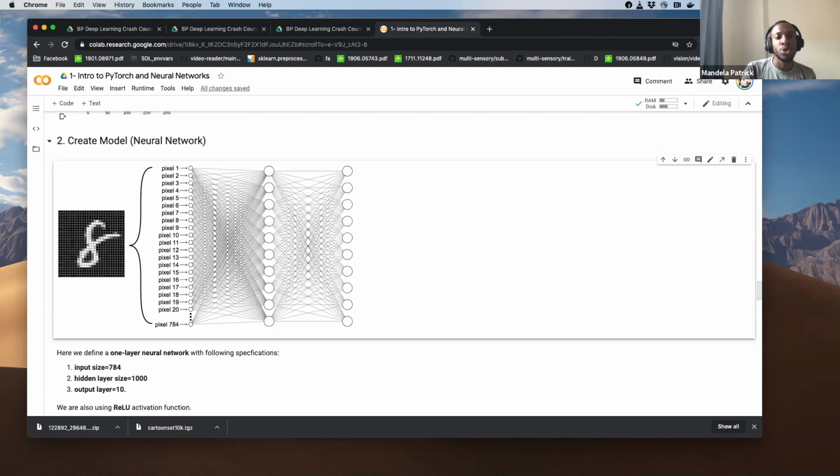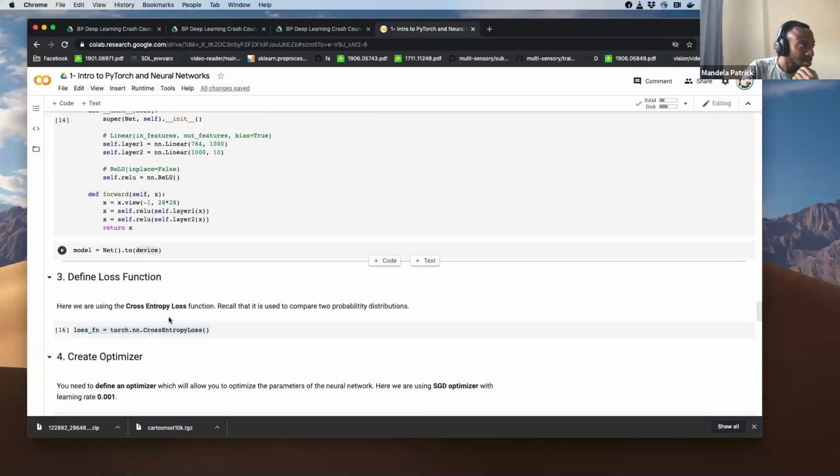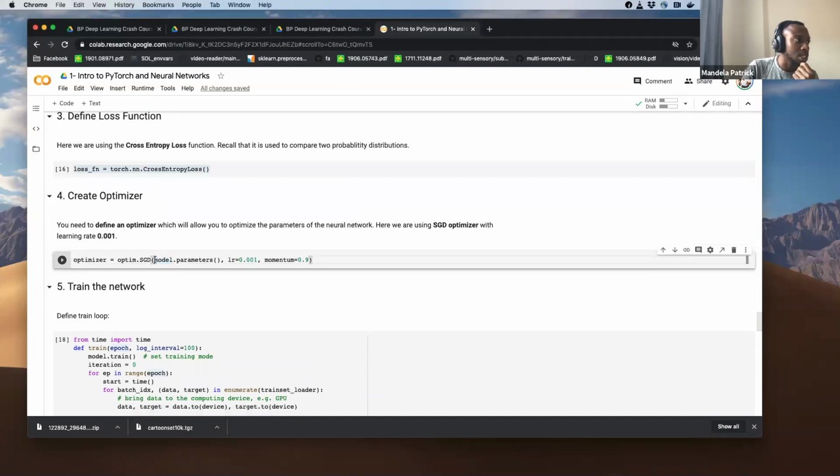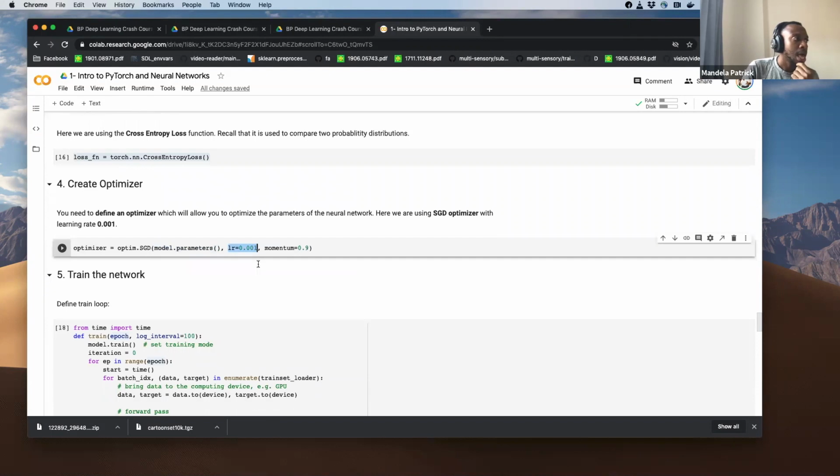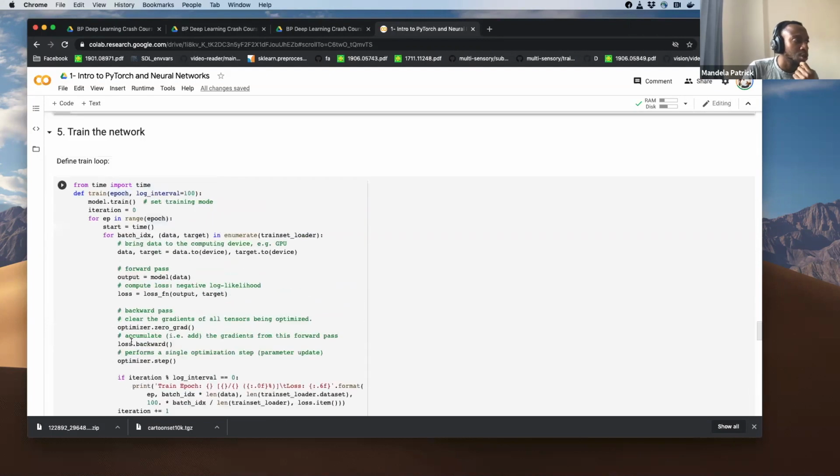So from Joel, is the optimizer controlling back propagation or the loss function? So the optimizer controls the back propagation, which is a function of the loss function. Essentially, as you can see here, the optimizer takes the model's parameters and it defines the learning rate. And then if you look in the training loop, what happens?